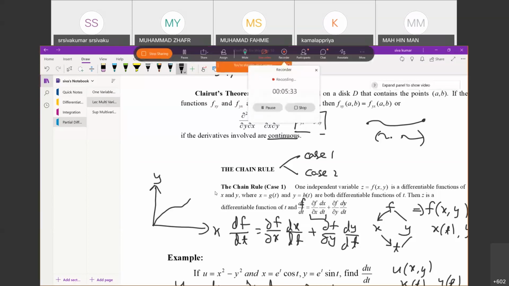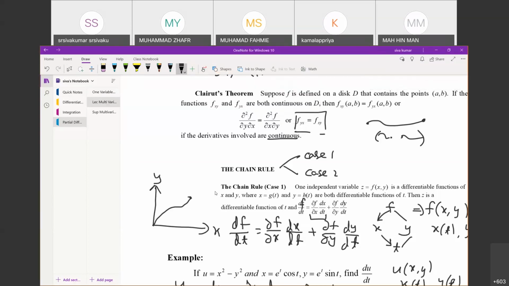The t basically, if I'm looking at this point, works like this: x as a function of t, and y as a function of t. Therefore t will determine the progress of this line. Therefore you can see df dx. We are looking through the df tangent.